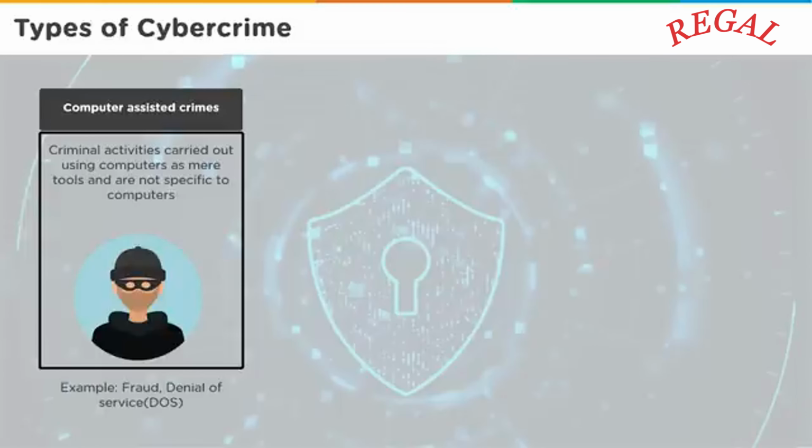The first type is a computer-assisted crime, where the computers are used as tools to assist a particular crime. For example, frauds or online bank hijacking, where hackers hack into a bank and digitally steal money from a bank. Now, this could have happened without the help of computers as well, but here the computer assisted the crime and hence it would fall under the computer assisted crime section.